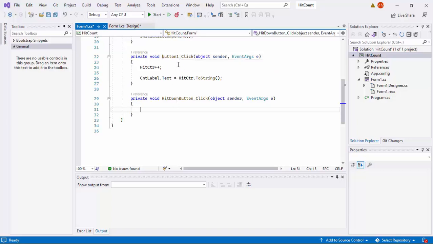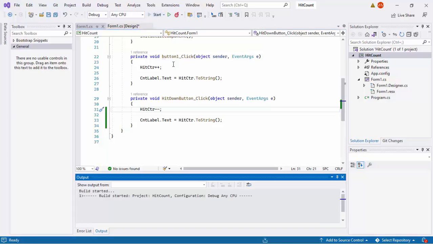So what we do, just follow what a good programmer will do. Copy and paste. Copy from the count up event handler, Control C, and then paste it in the count down. Just change the counting direction from plus plus to minus minus. That is it. I think we can run it now.